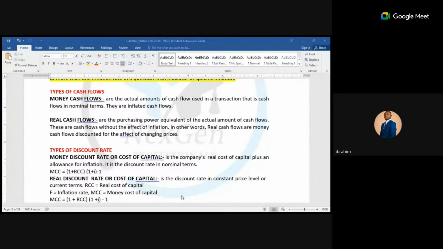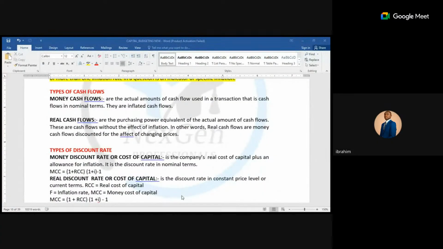A practical illustration is someone who receives a salary of 20,000 naira. That salary that you receive as 20,000 naira is a real cash flow, not money cash flow. But when you factor in inflation of 21.6% as of today, then you will know that it is not 20,000 in money term. It is maybe around 14,000 to 15,000 that you receive as salary. Can you see it? So money cash flow is when the cash flow has been inflated.